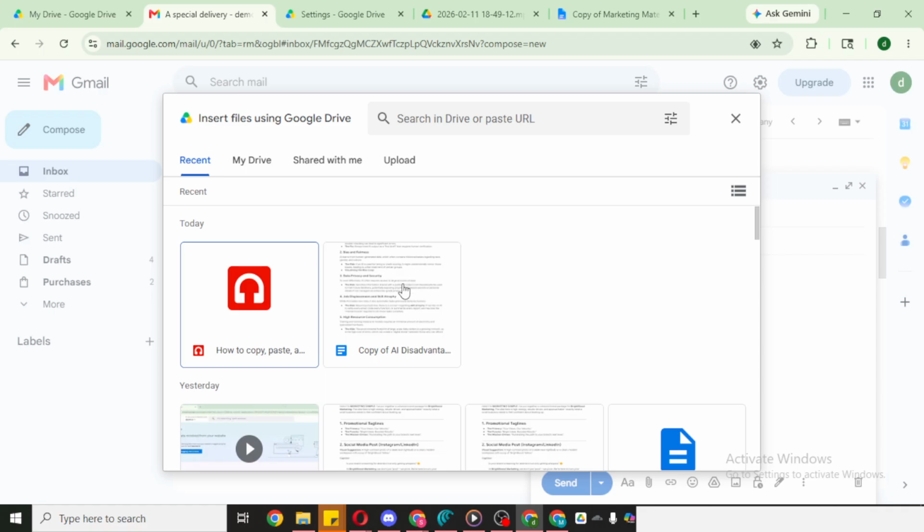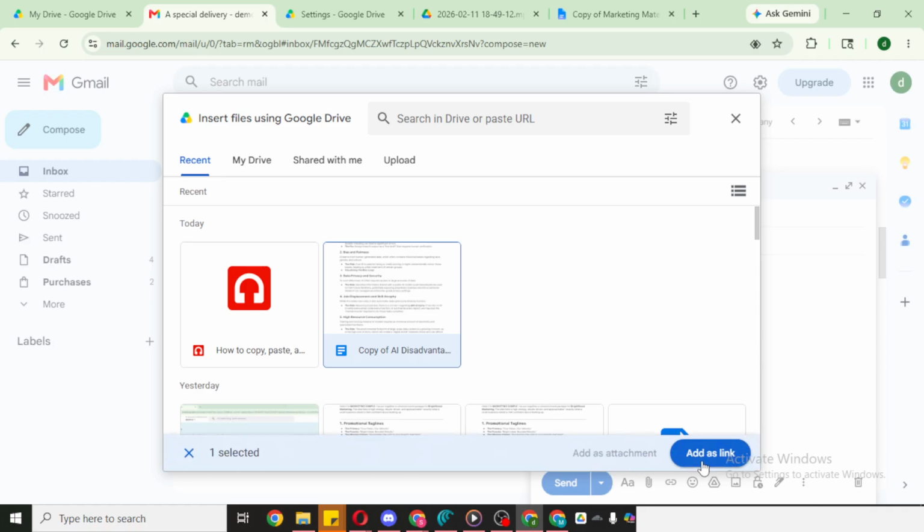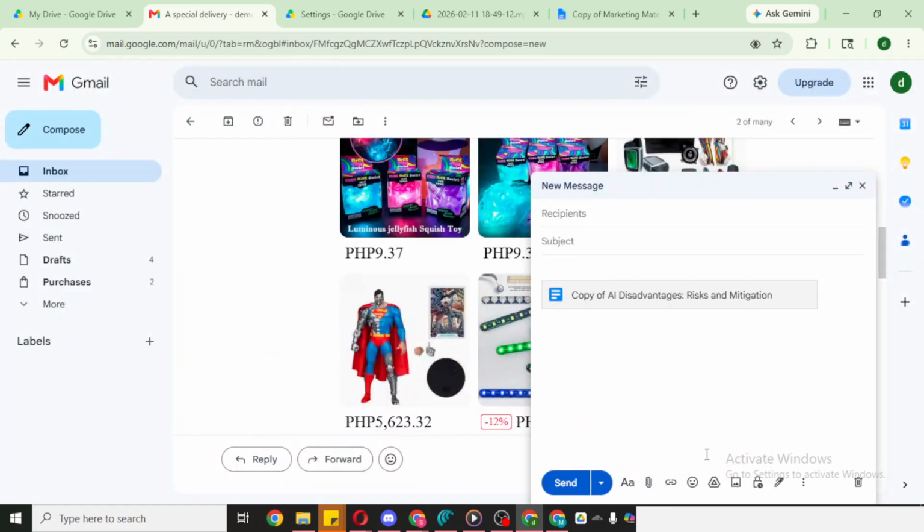If you're not sure it's the right one, the file name and location shown in the picker can help you confirm. After you select the file, insert it into your email. You'll see it appear at the bottom of the Compose window, showing it's attached from Drive. Gmail handles the file type automatically, so Google Docs, Sheets, and Slides are shared using their Drive links, while other file types are attached from Drive storage. If the recipient doesn't already have access, Gmail will let you know so everything stays secure.